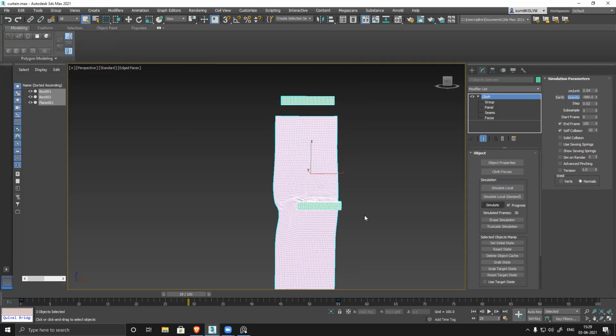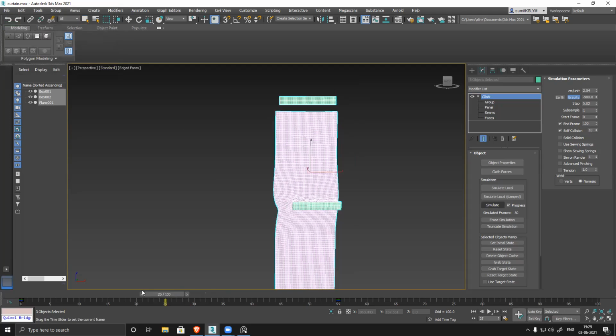Oh, okay, you press cancel. I was pressing that simulate and it was not stopping. No, you have to cancel it. It's based on this frame number. The number of frames is 100, so it will go till 100, and only then will it stop. Otherwise, it won't stop. You have to cancel it.